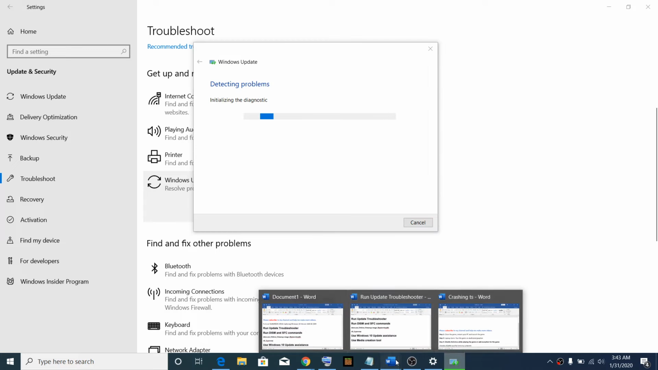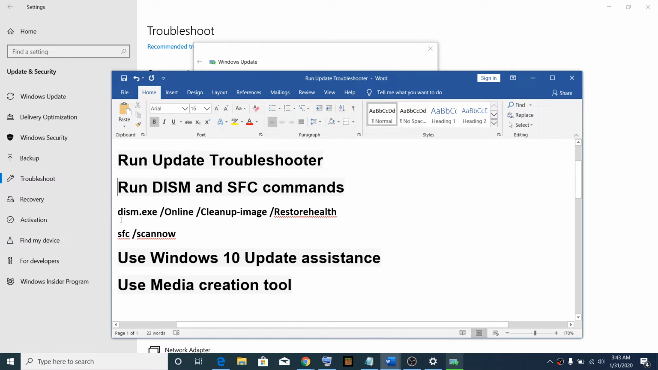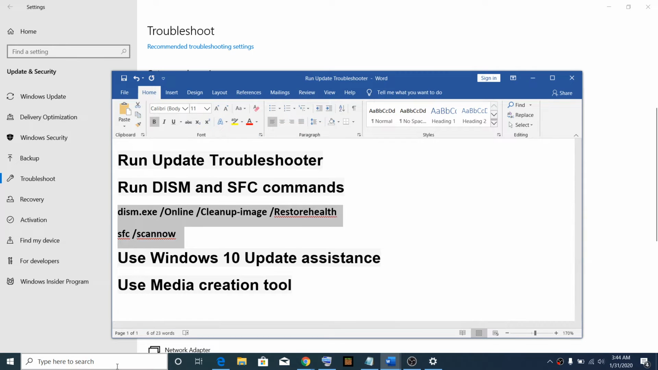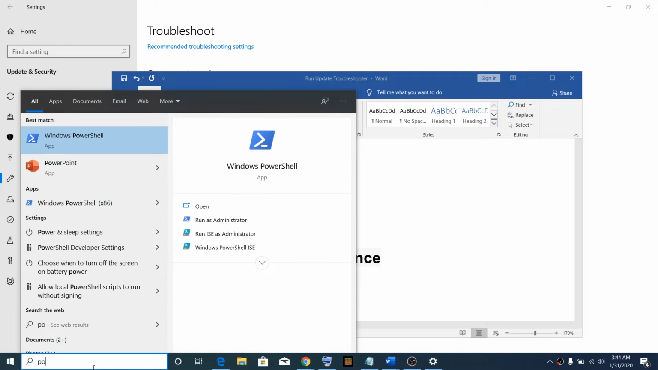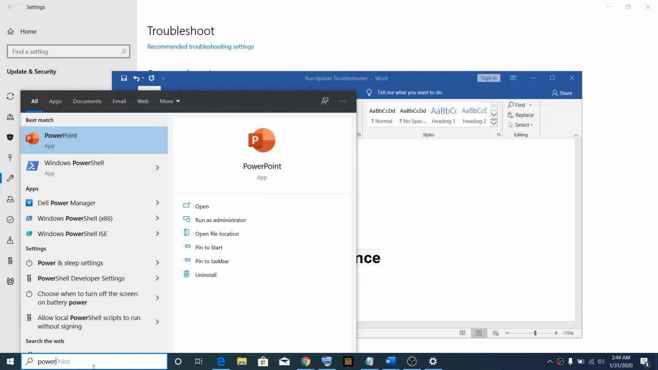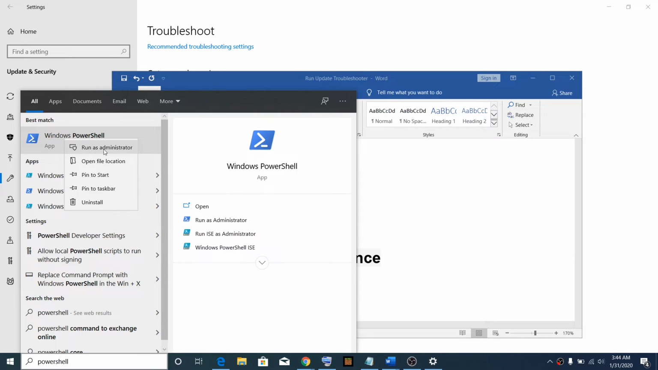If that does not work, then run these two commands. So for that, open Windows PowerShell. So in the Windows search box, just type in PowerShell, then you will see Windows PowerShell over here. Make a right click, then click on Run as Administrator. Click on Yes to allow,